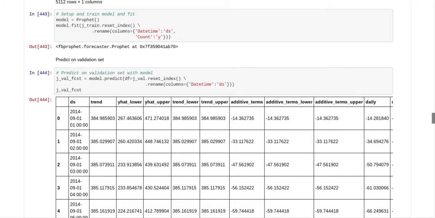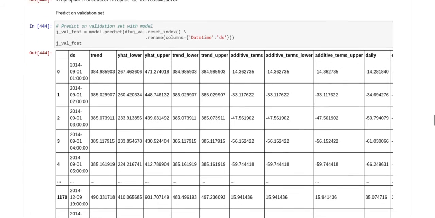And one thing that I was reading about Facebook Prophet is it was designed so that it would fit in with sklearn. So it would be like sklearn, and it's got an API similar to sklearn's API.